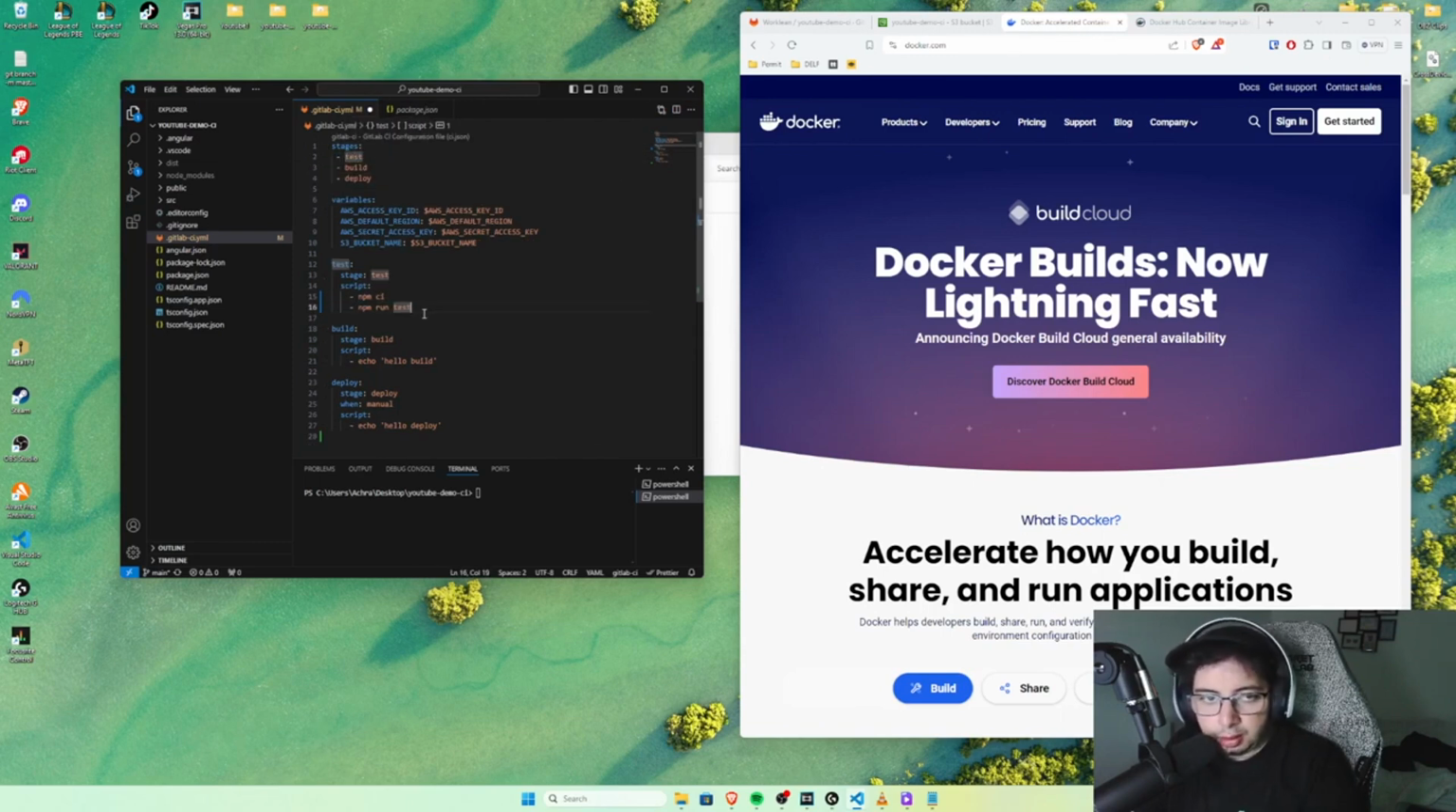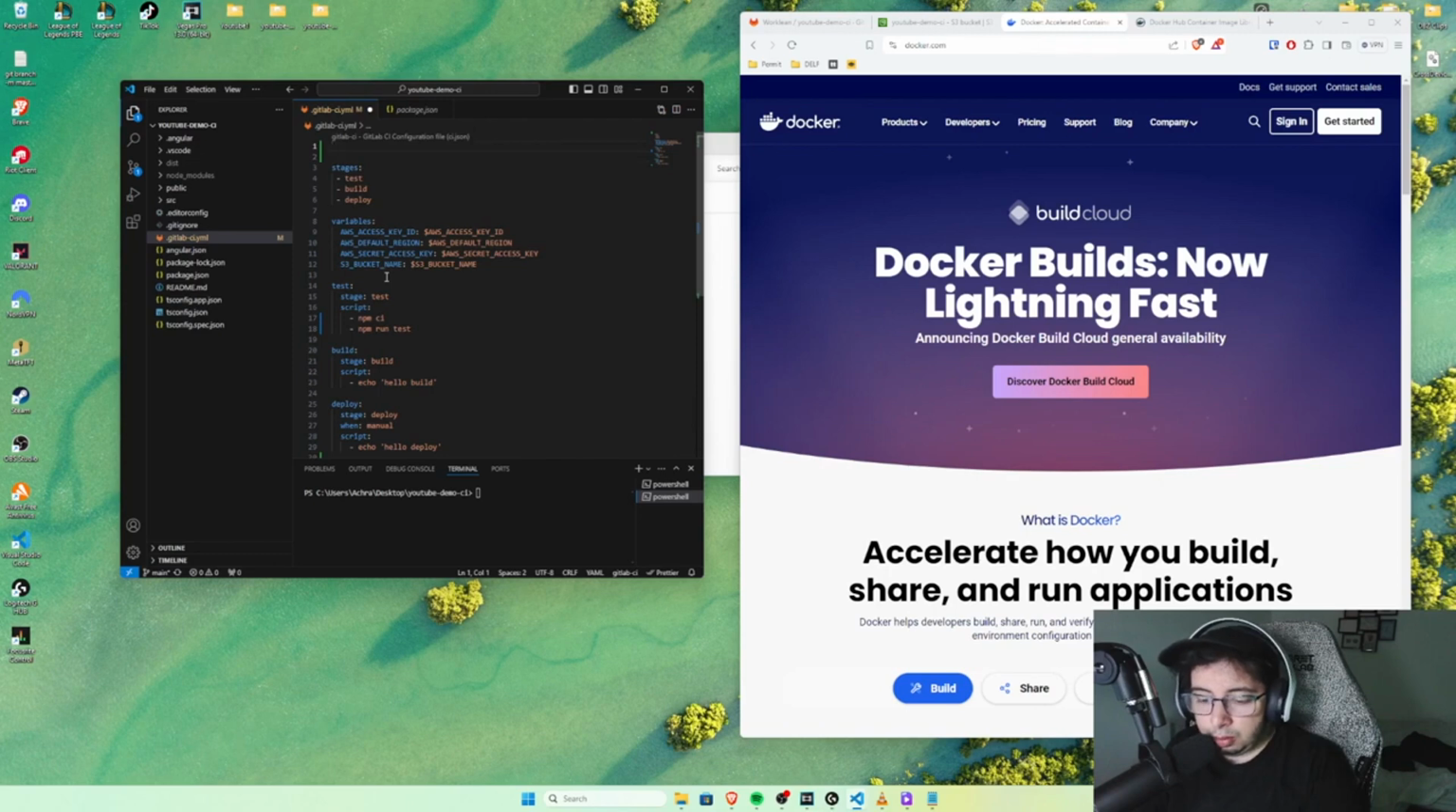And one last thing is that if I push this right now, we're gonna get an error that says that npm is not a recognized command, which is normal because we didn't install npm or node. Now, instead of installing them manually in the script, we are just gonna pull a Docker image that already has node and npm installed. So in order to do that, we're just gonna do image and node